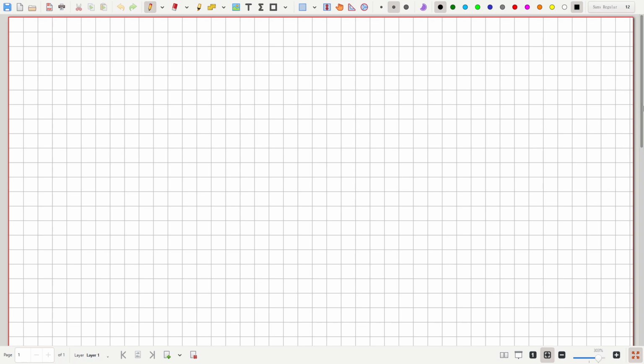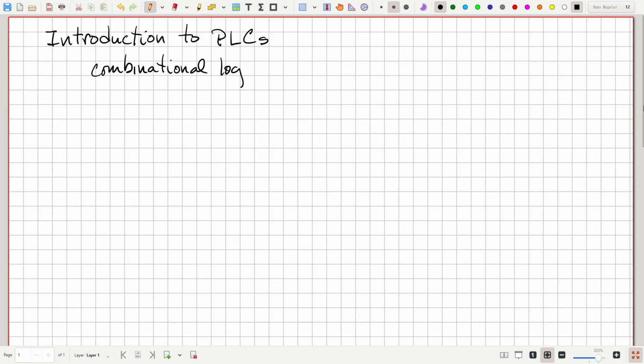Today, we are introducing programmable logic controllers, or PLCs. In the first part of the course, we studied combinational logic. And you could think of these types of logic circuits as being represented by some function,